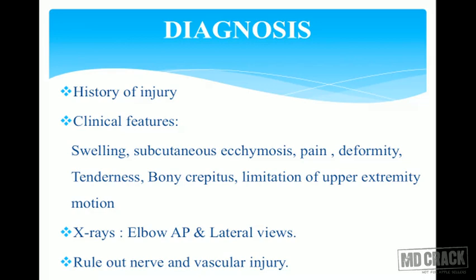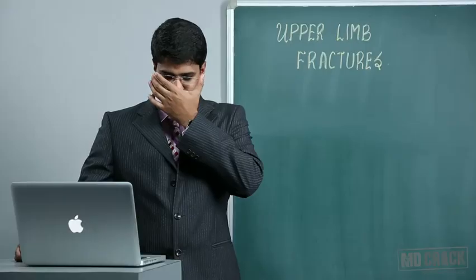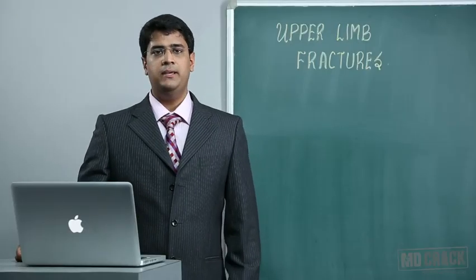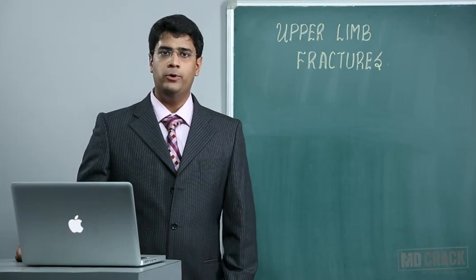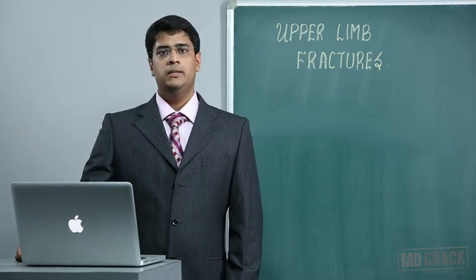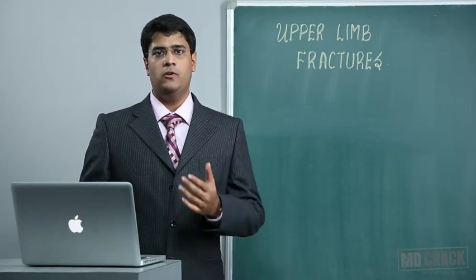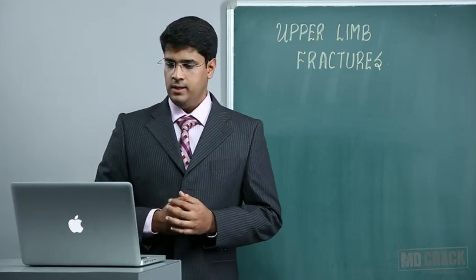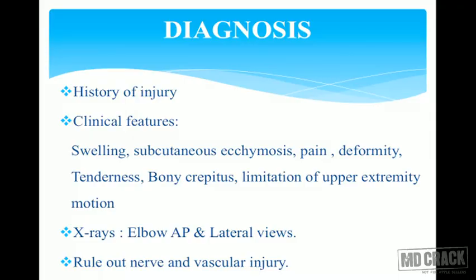You have to do an X-ray of the elbow. The fractures can be diagnosed with the help of the radiographs. The affected side X-ray of the elbow must be taken in the anteroposterior as well as the lateral view. Most commonly the X-rays are done in anteroposterior and lateral view, and very importantly you must always rule out